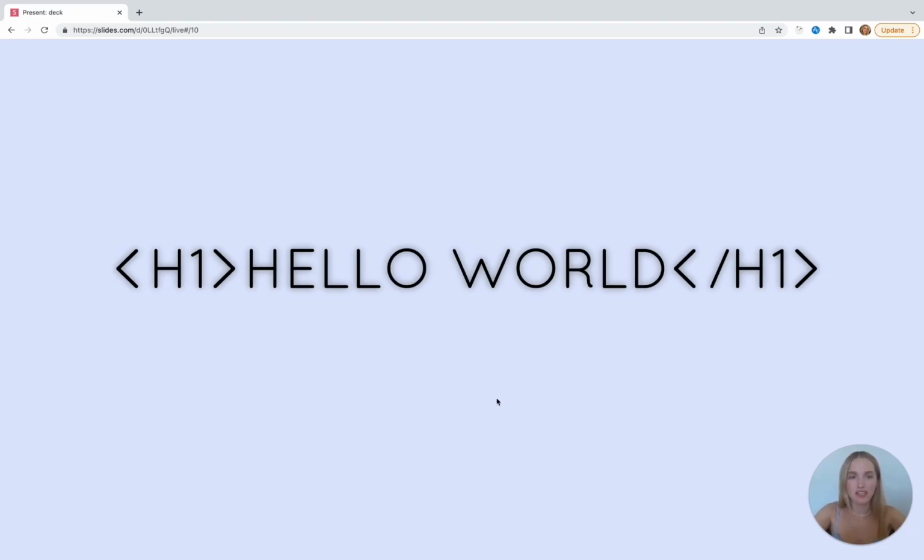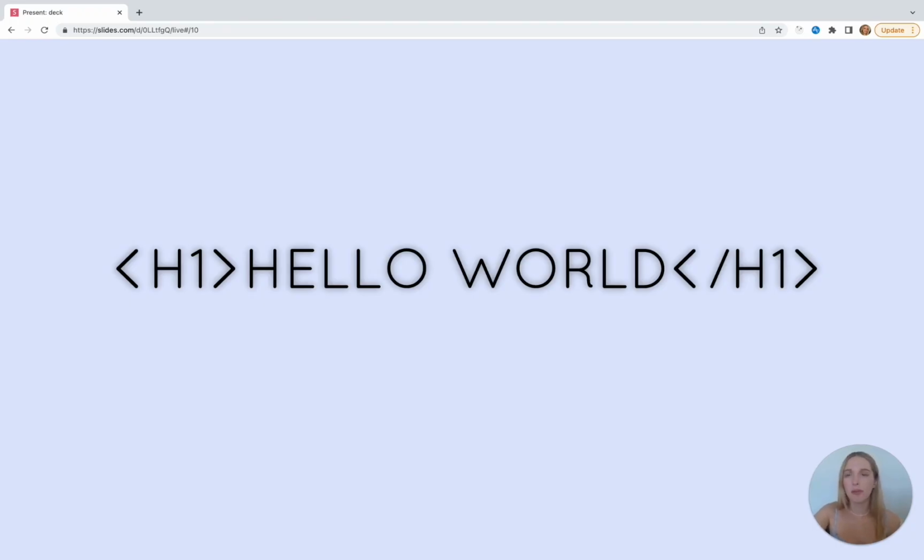Again, this whole thing here is one HTML element. Our HTML element is made up of these tags, and it's also made up of the content. The content is whatever is between the opening tag and the closing tag. In this case, hello world is our content. And again, this whole thing with the content and both the opening tag and the closing tag is one HTML element itself. We'll learn more about HTML as the course goes on,